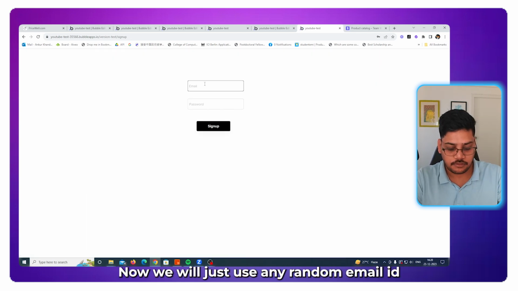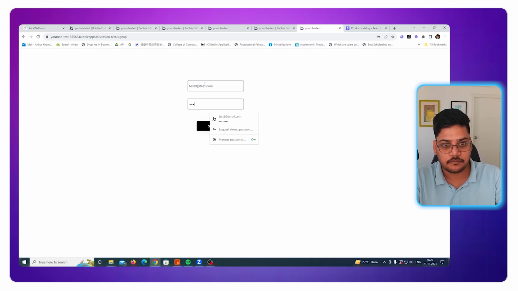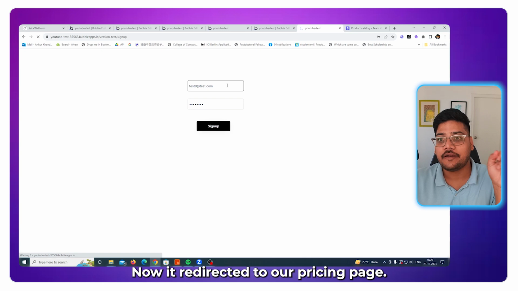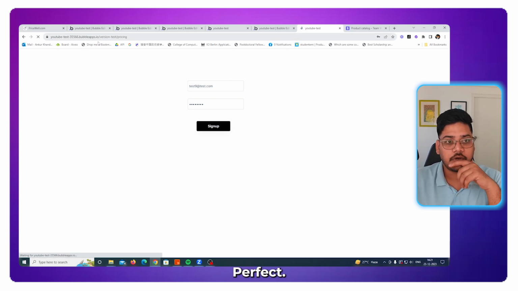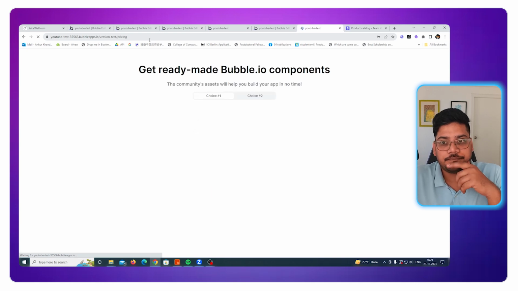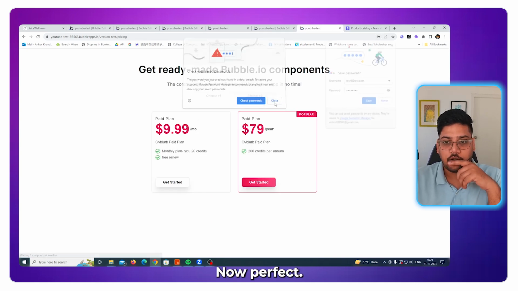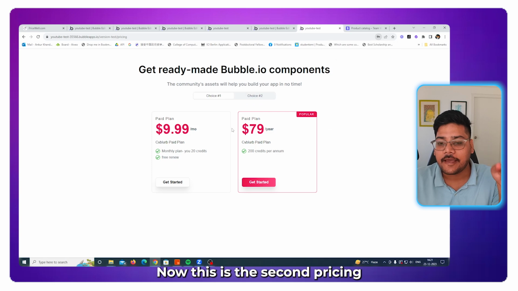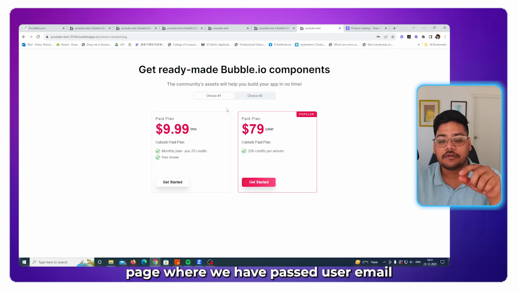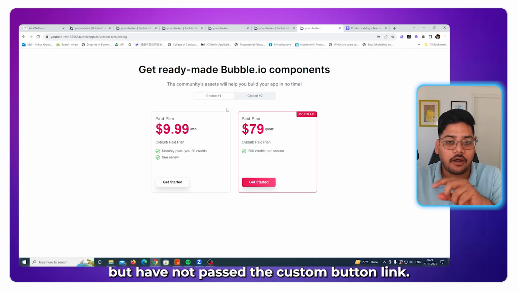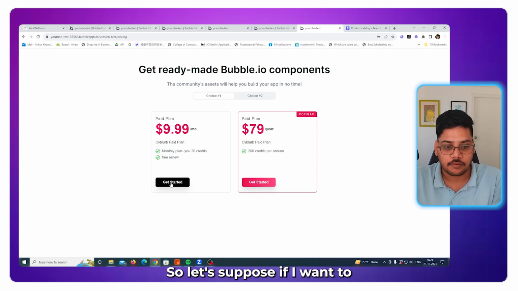Now we will just use any random email ID to sign up. Now it redirected to our pricing page. Perfect. Now this is the second pricing page, where we have passed the user email but have not passed the custom button link. So let's suppose I want to subscribe to get this,